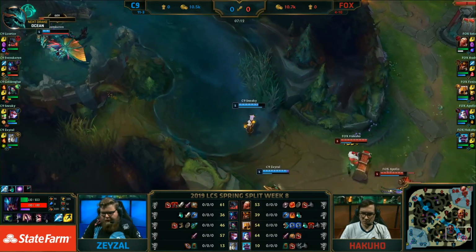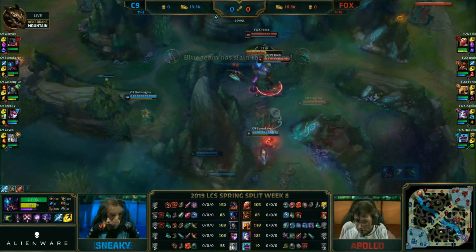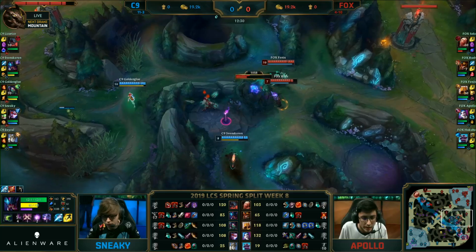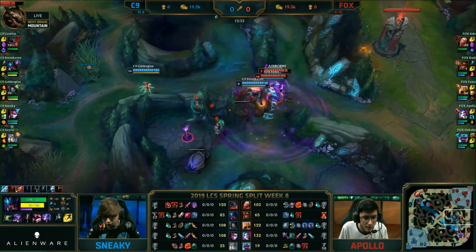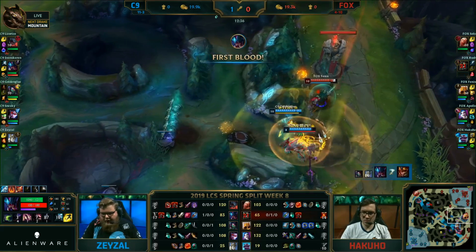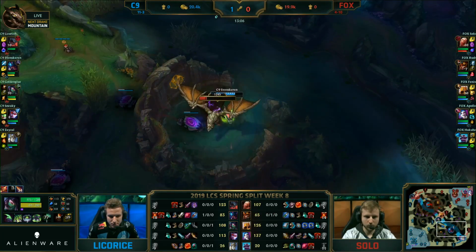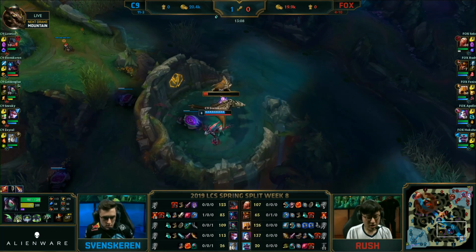Svenskeren sneaks into the back of the pit by tunneling around the ward that Fox have in the river. Nice little edge there for Apollo, and oh, Smite to one. There actually is the ulti used over the wall there for Rush, and that's first blood there for Sven. Yeah, and I think it's good also to get more of that pressure on the bottom side, as it is